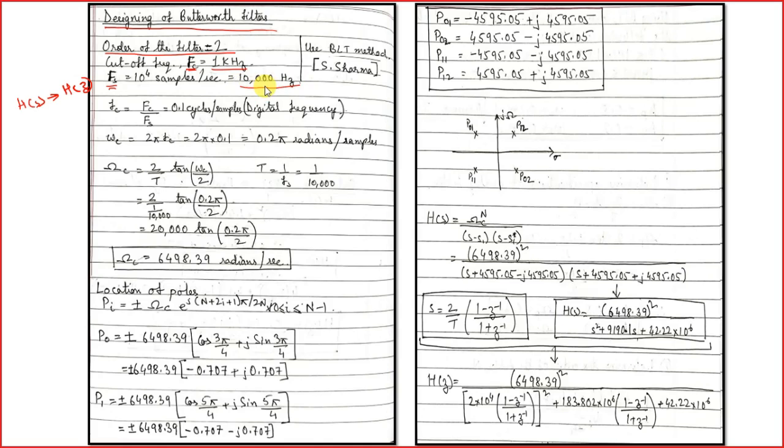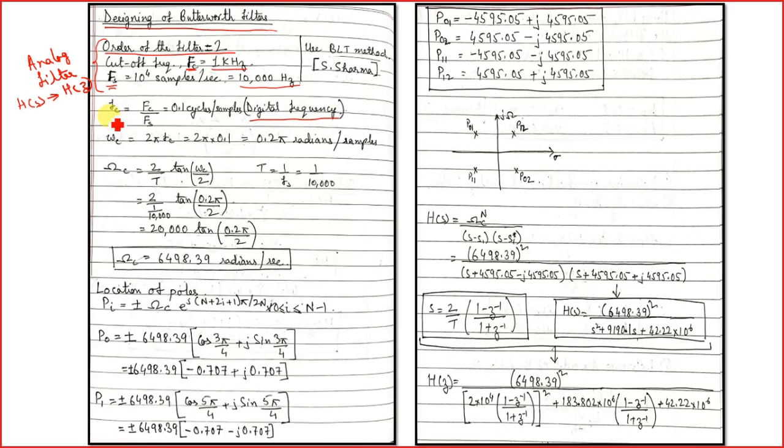Whatever parameters are given, these parameters are for the analog filter. Now from here we need to find the digital cutoff frequency,